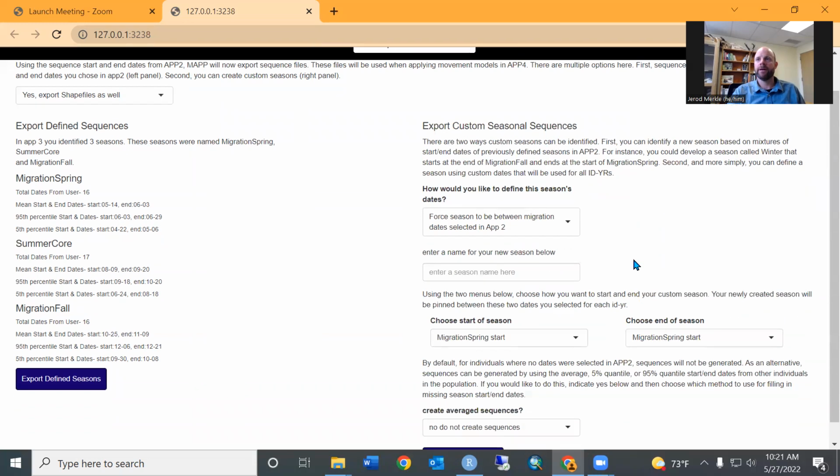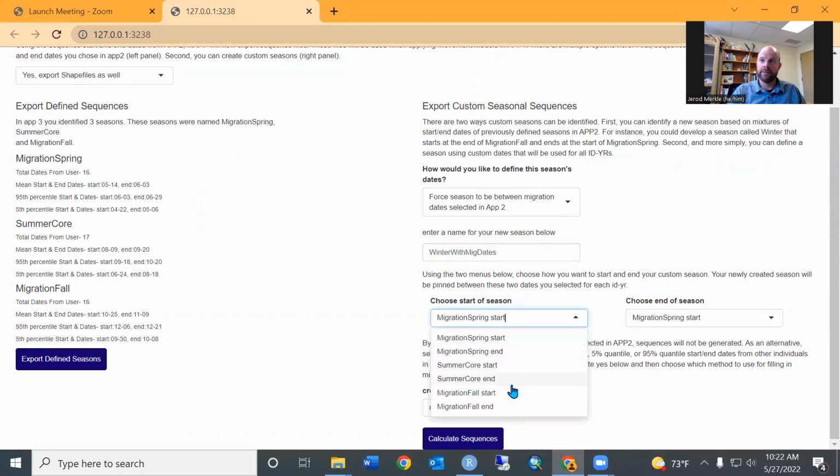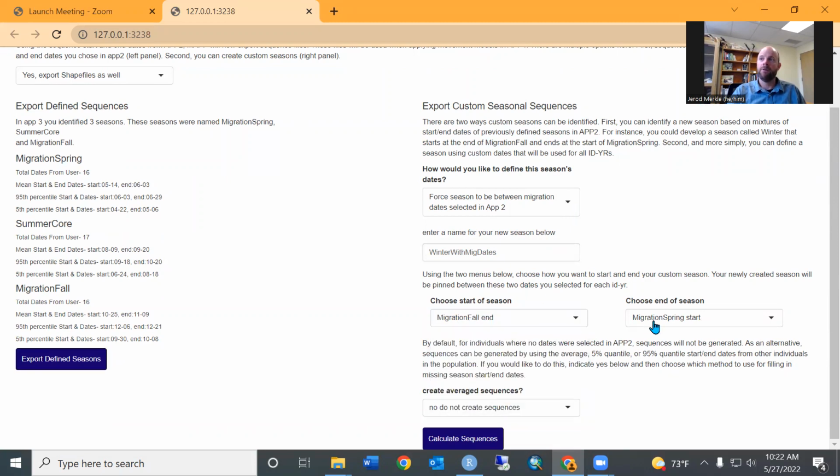So I said force between, we're going to enter a name for this. So let's call this winter. Well, winter with MIG dates. So it's going to be a winter using migration dates. And so what you can do here is say, when does the start of this winter season begin? And what we want to do is the end of fall. And when does that season end? And this will be migration spring start. And so it's going to grab data between those two sliders in